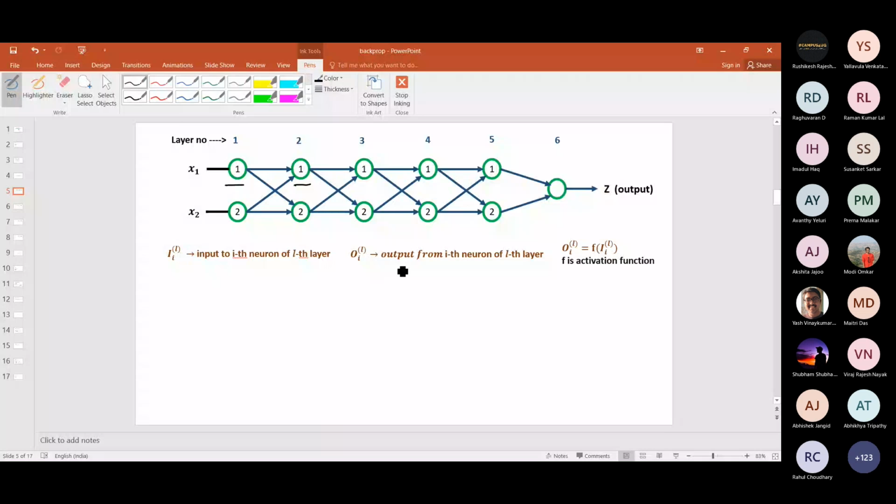Similarly, I have used a consistent notation for output, because every neuron is going to produce some output after some activation function. So O_L_i means the output of the ith neuron of the lth layer. It's pretty consistent. As already mentioned, output is nothing but the activation function applied on the input of this neuron. You take some input in that particular neuron, apply some activation function, and you get the output. Plain and simple. We have seen different kinds of activation functions in the last lecture.